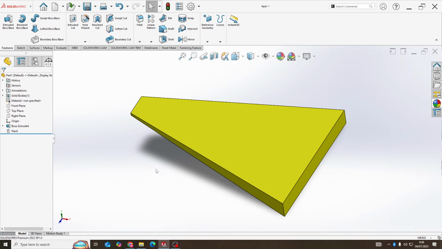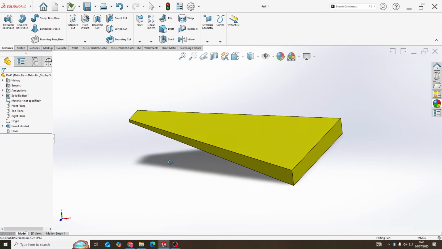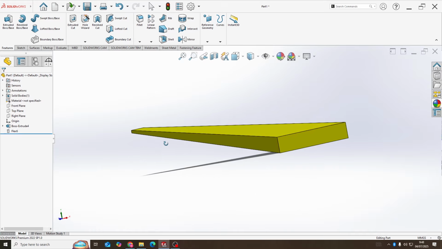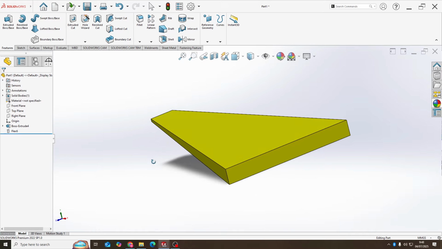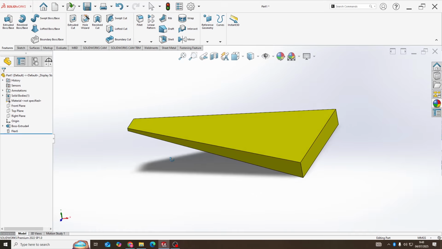Real world examples: funnel shape plates in ventilation systems, transition parts in ducting for HVAC or machinery, like this.